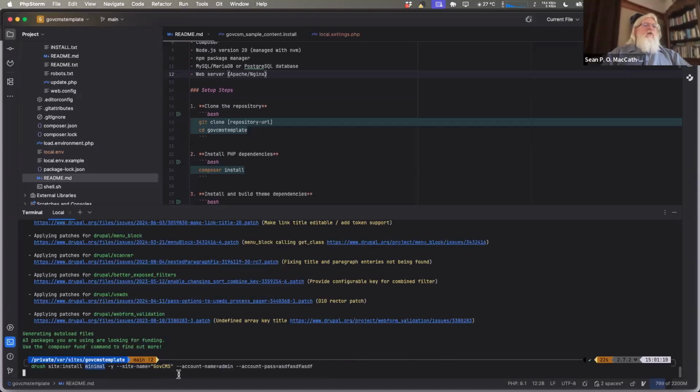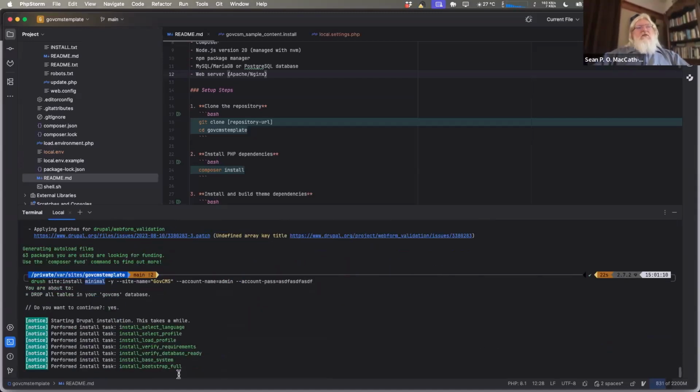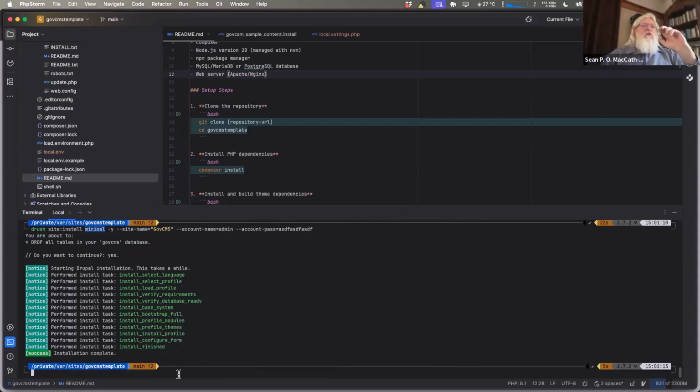installation. The reason I'm using the minimal installation is because if you try to install from the existing site YAML files, either through the back end or through the front end GUI, it tends to take more than an hour for it to run for some reason. If you instead just do a minimal installation and then do the configuration import and then fix the UUID, which I'll be walking through in just a moment, that goes much faster. So with that in mind, I'm now going to actually use that sync UUID